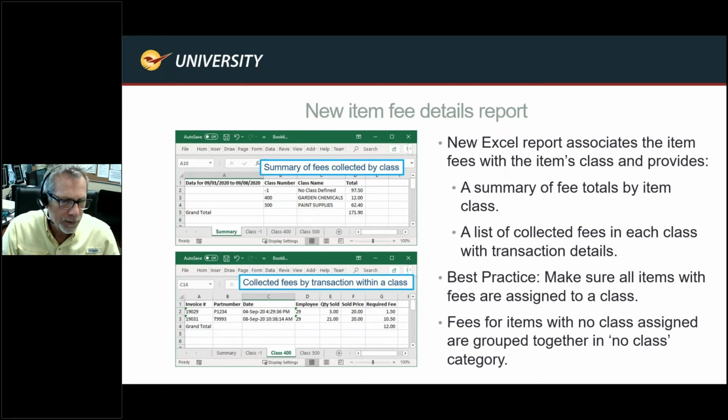You'll see the different workbooks down below, summary, class 1, class 400, and so on. So all the information is broken out and itemized in here for you. So if you were required to provide this information to your municipality or to your state or county or what have you, you have that information available very quickly.